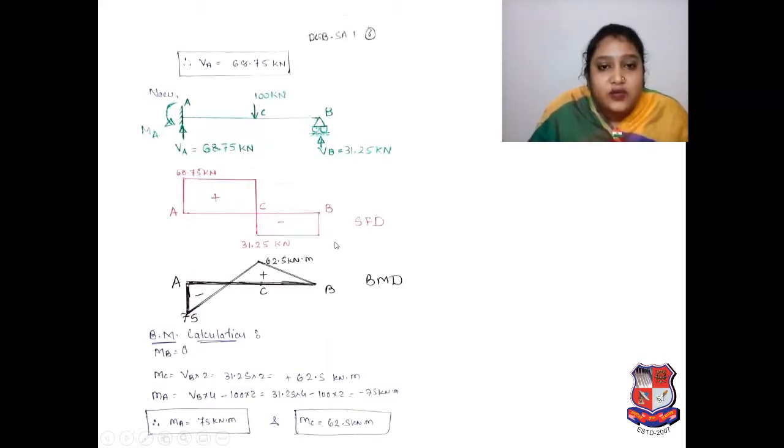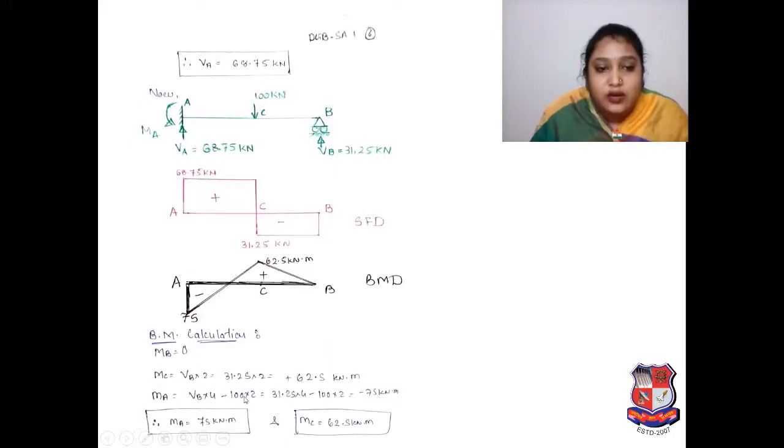Then as per that we have to do the BM calculations for our shear force diagram. Moment at B is equal to 0. Why? Because whenever a roller or simple support is there, the moment at the end is equal to 0. Moment at C is equal to VB into 2. Whenever moment is concerned, bending moment is shear force into distance. So moment at C is VB into 2, we got 31.25 into 2, it is positive 62.5 kilonewton into meter. And moment at A, VB into 4 minus 100 into 2, and we got minus 75